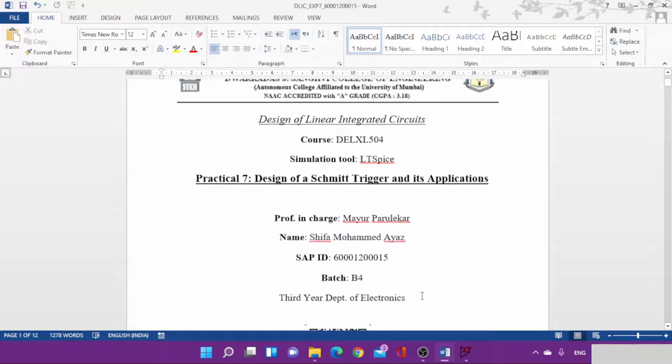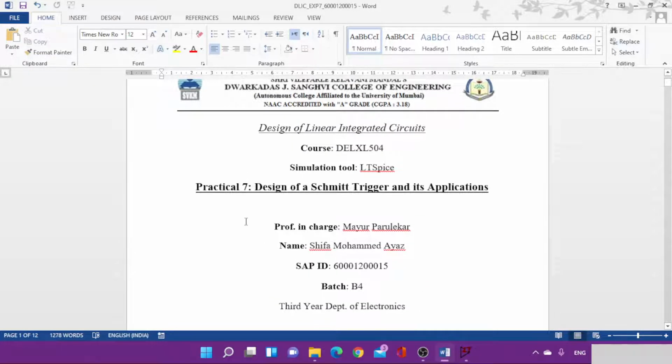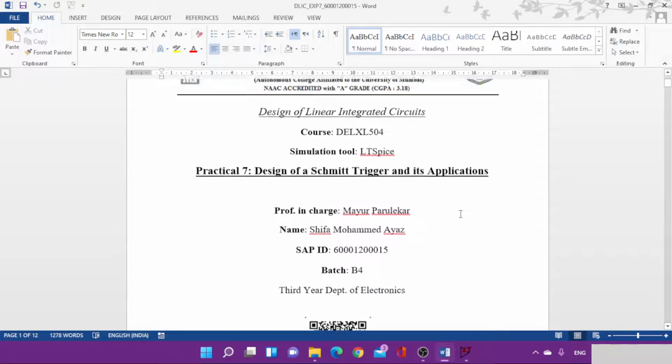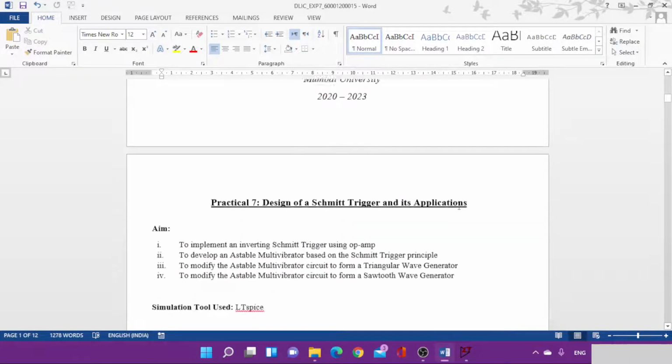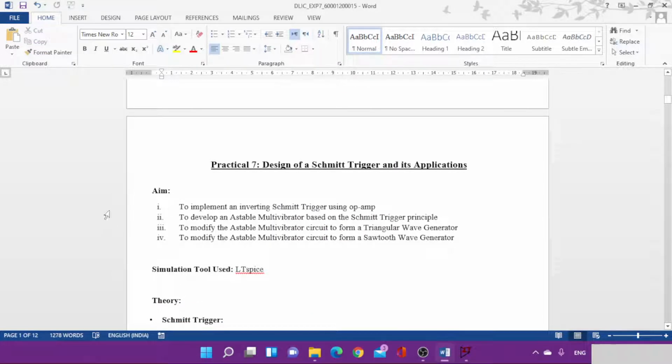Today I'm going to teach you my seventh experiment, that is design of a Schmitt trigger and its application. So let's get started. The aim of our experiment is to implement an inverting Schmitt trigger using op-amp, then